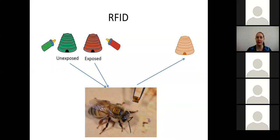We put them in an incubator, and then as the bees were emerging, put little microchips on their backs. And then we took all of those bees and we placed them in a third, unrelated colony. And that colony had a sensor on its entrance. So as the bee went out, that sensor read the microchip, and as the bee came back, the sensor read the microchip. And each chip had a unique identification. So this way, I can track the flight behavior of each individual bee throughout her lifetime, which is really, really